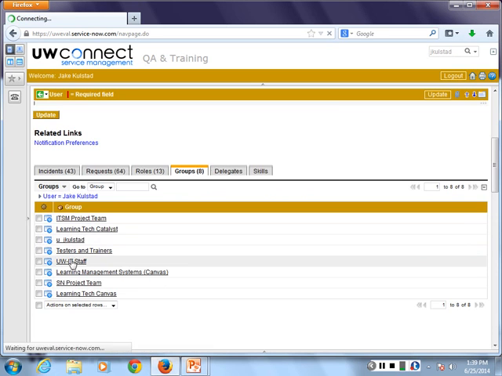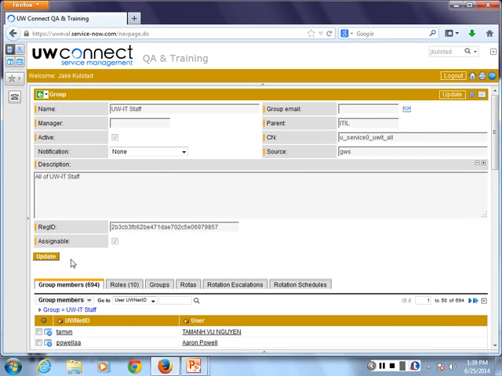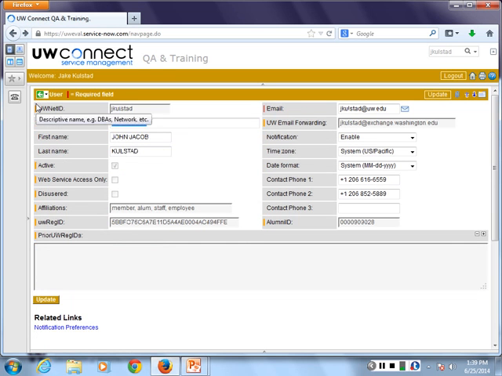I'll click on UW IT staff just for fun. You'll note that there are 694 group members. You can go in and check them all out if you want. Up in the system here, in the CN, you actually see the UW group that's feeding that. So for example, if you're working in a service group and someone's not in there, you know which UW group to go edit in order to edit the membership. Does that make sense? Even though I'm not a service manager, I'm a member manager of my UW groups, and I can make sure that all my staff are present and can see the correct records. So with any luck, even if you don't see the correct groups here today, you have the ability to go check it out.